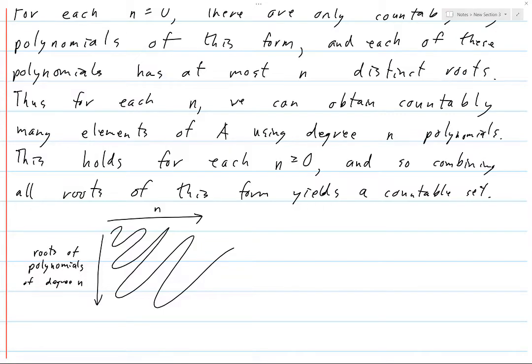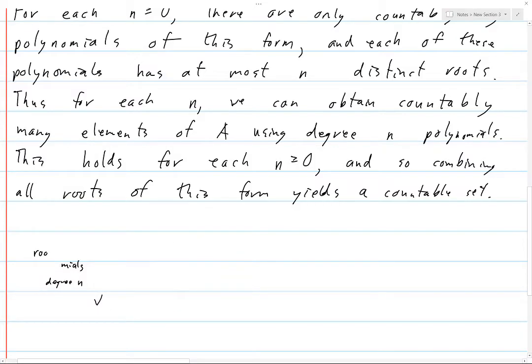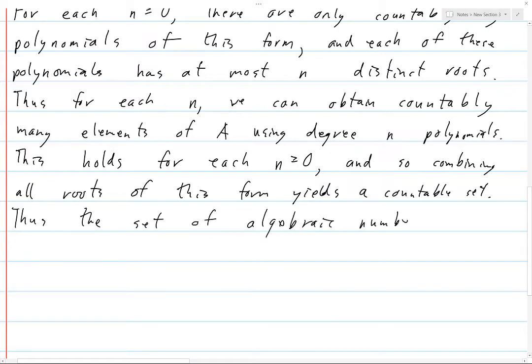You end up in this way with the list of all algebraic numbers because any algebraic number has to, by definition, arise in this way. Okay. So now, what if we prove it? Thus, the set of algebraic numbers is countable. And of course this makes sense, and we're pretty much done with the proof at this point,